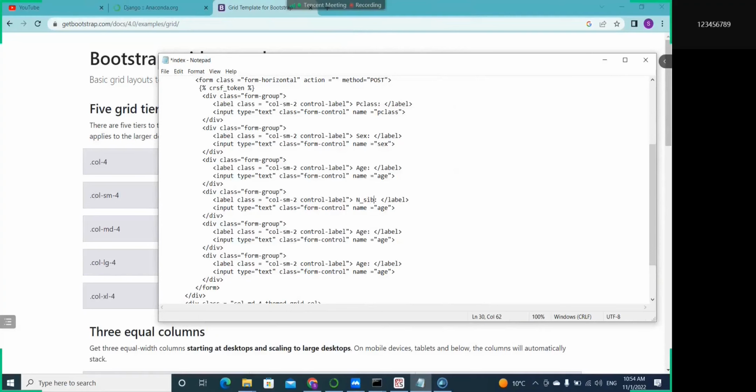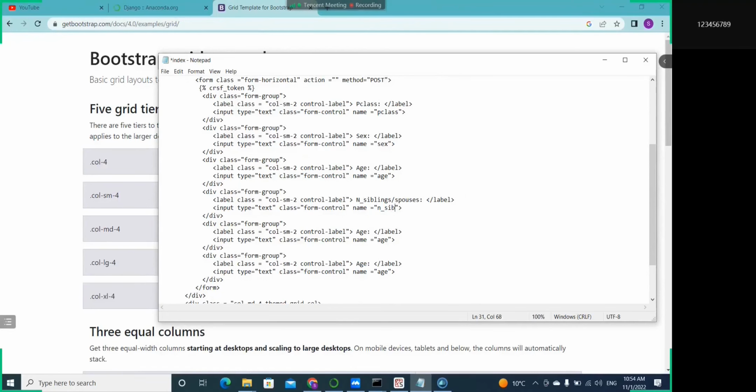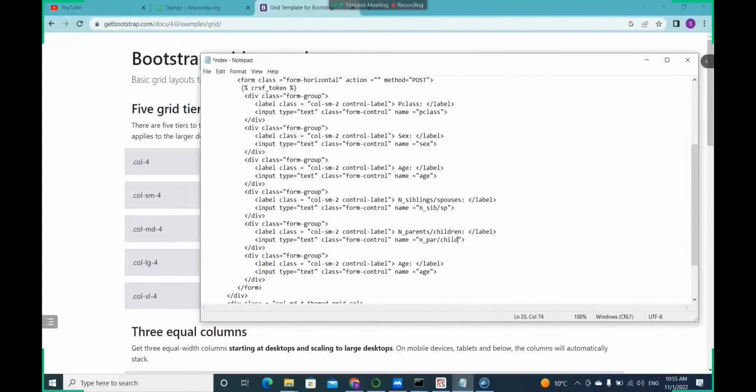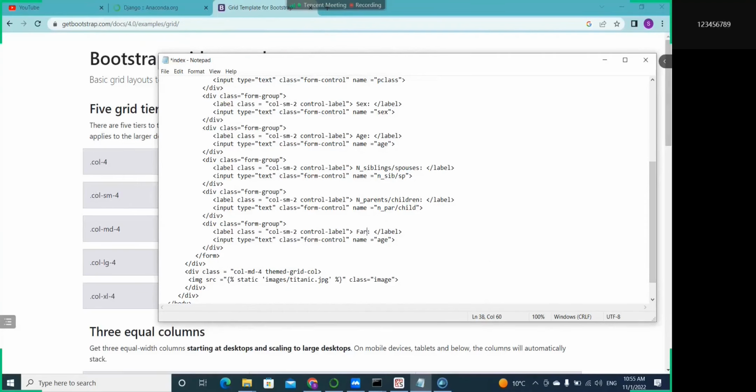Number of siblings or spouses. The name is going to be number of siblings, spouses, like that. This one is going to say number of parents or children. The name is going to be number of parents or children, like that. And then the last one is going to say fare. So the name is going to be fare,